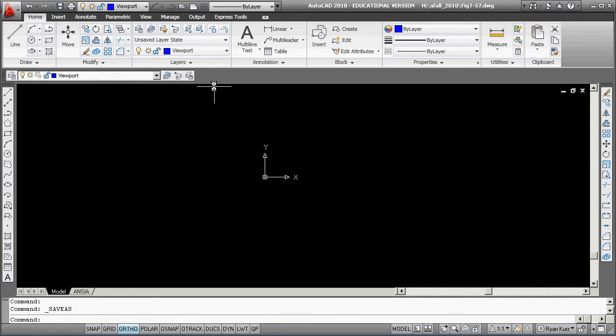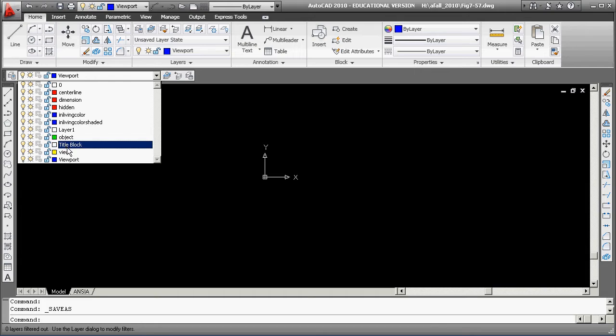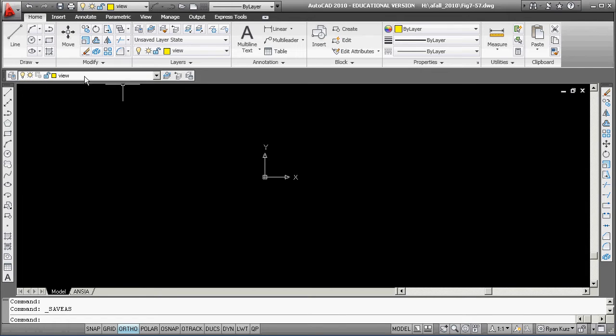Right now you see that you've got the way this template is laid out. I don't really have it laid out that well. The current layer is now viewport. I really would rather put the current layer at view. So because I have this view toolbar there, I can make my current layer view. I think in class I made this 300 by 300. Remember, I'm going to hit line or type L